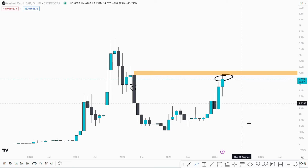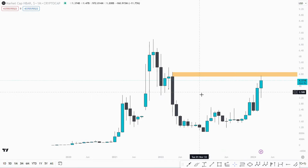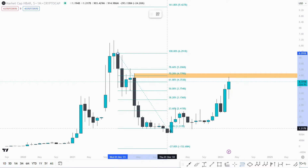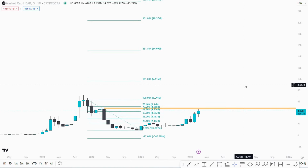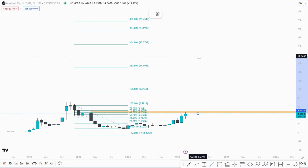But one thing I wanted to point out here is possibly with HBAR, people are going to be analyzing the USD chart too much and forgetting about the market cap. And if we just take a Fibonacci retrace, I like to use the candle bodies here just to negate some price action, some big wicks and market makers' potential manipulation. I want to show you where the extension's coming at from current levels. We're talking about a potential